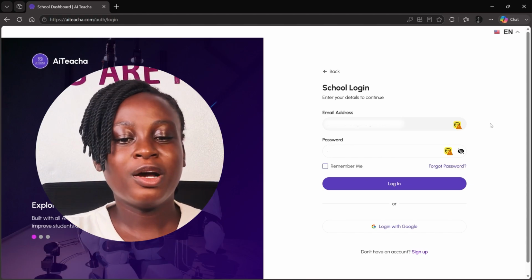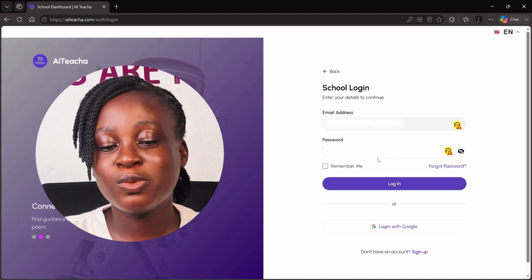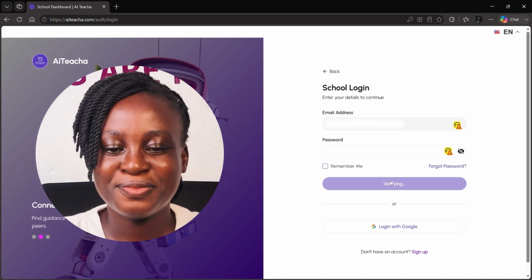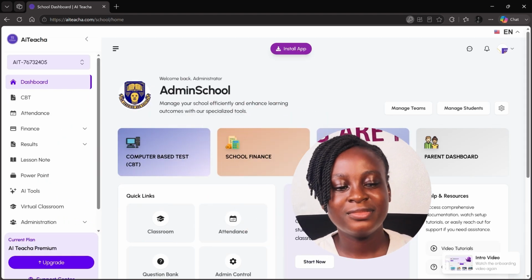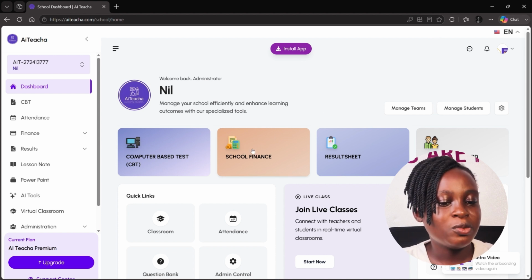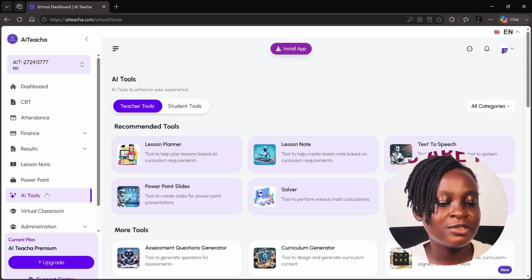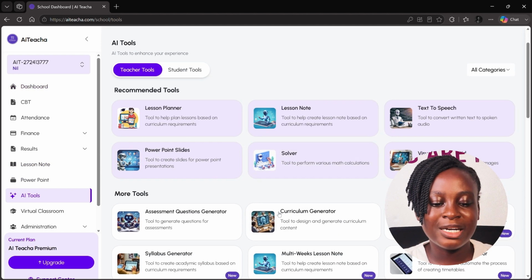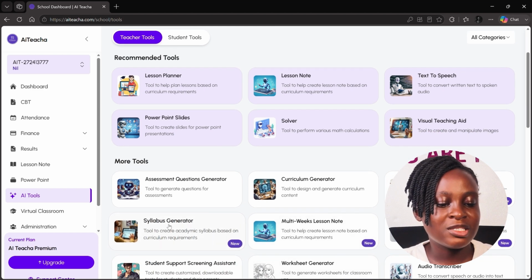First of all, you are going to put in your email address and your password, then you click on login. So here is the school dashboard. Once you are done with that, you come here, you click on the AI tools, then you scroll down. Here is our syllabus generator. You click on it,